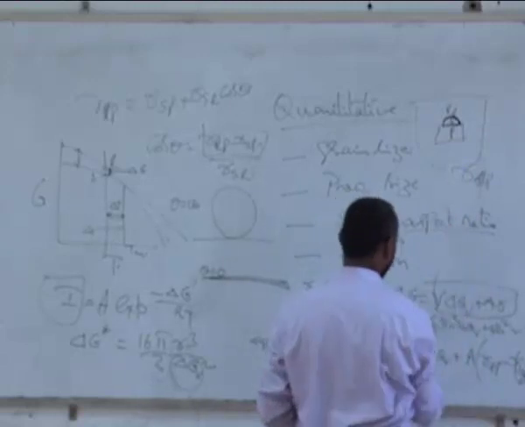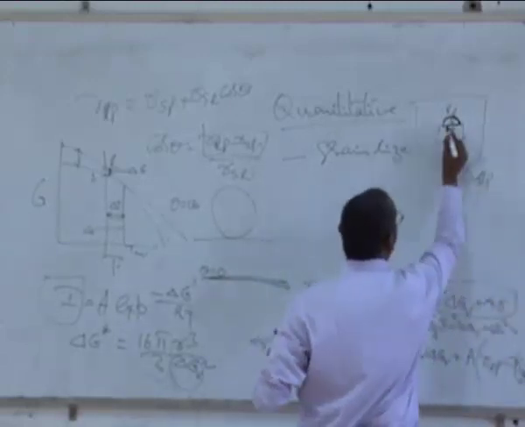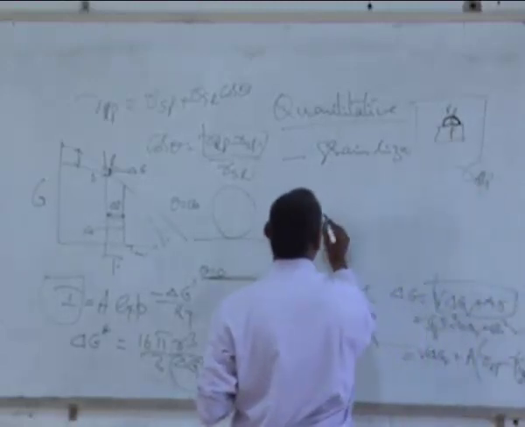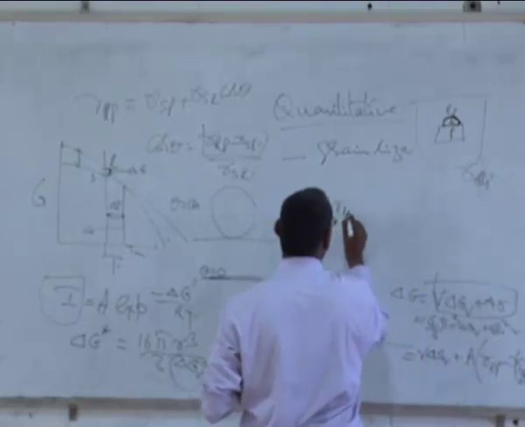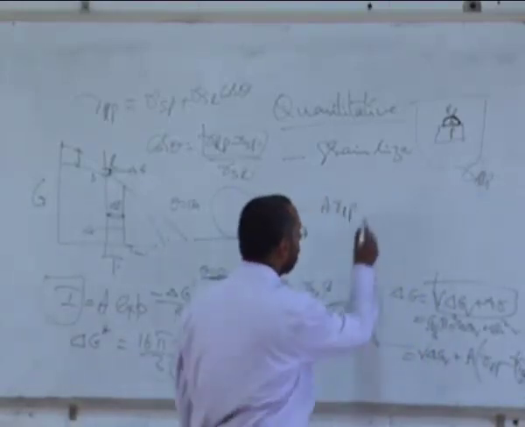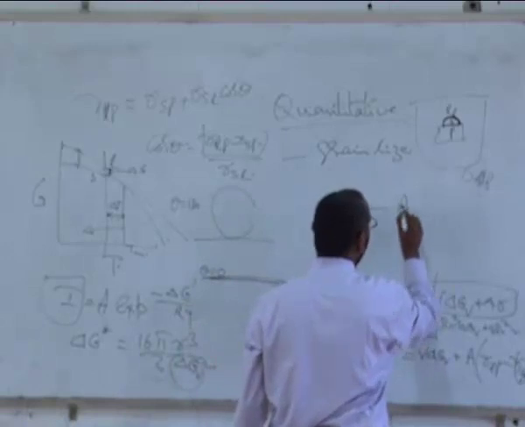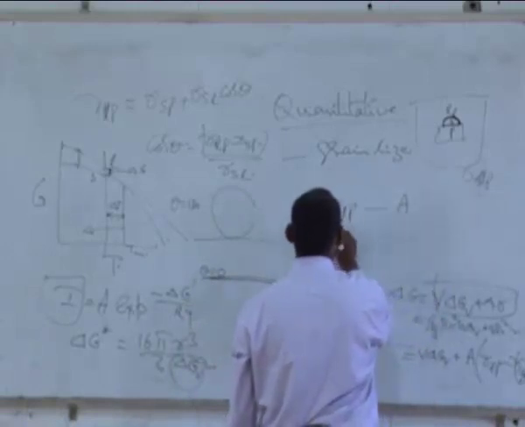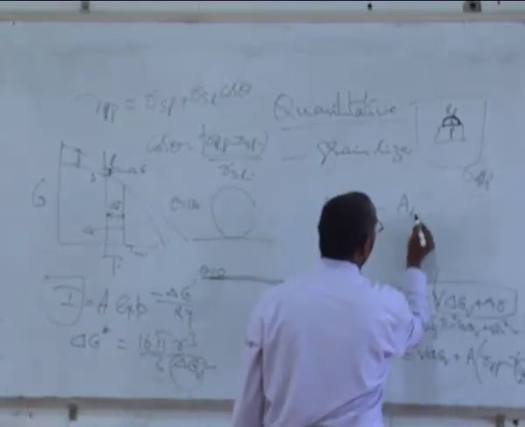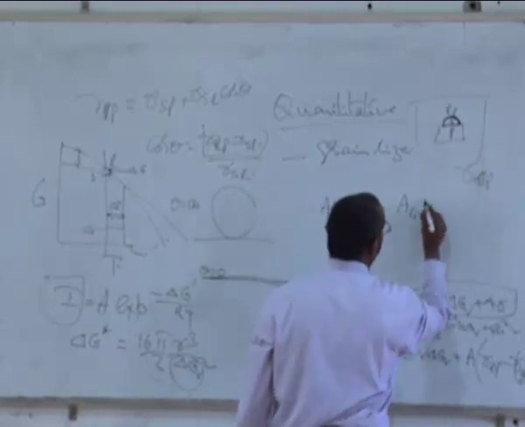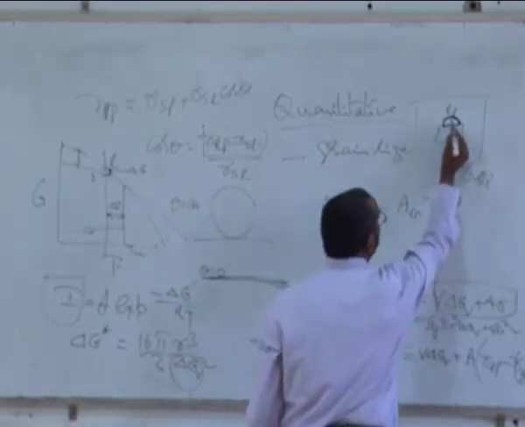What are the new surfaces? One is this surface, that is A of gamma LP, which is the original surface, minus